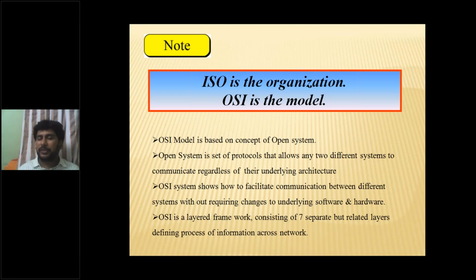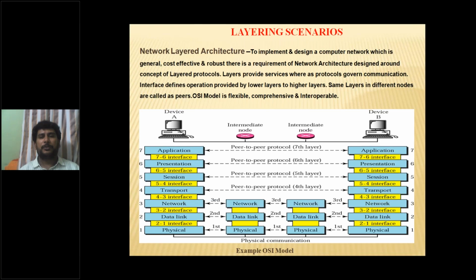If your model is an open system, without need of any additional hardware or software, these two systems of different manufacturers are able to communicate with each other. OSI is a layered framework consisting of 7 layers, defining the process of information flow across the network. The first thing that we would like to discuss in our OSI model is the layering scenario. To implement and design a computer network which is general, cost effective and robust,